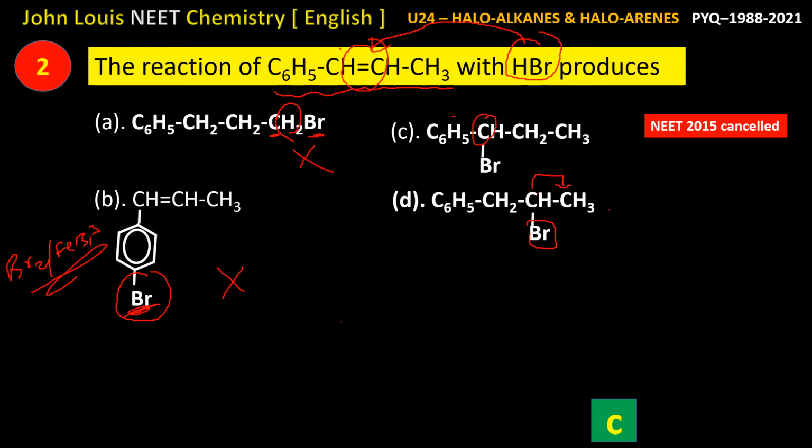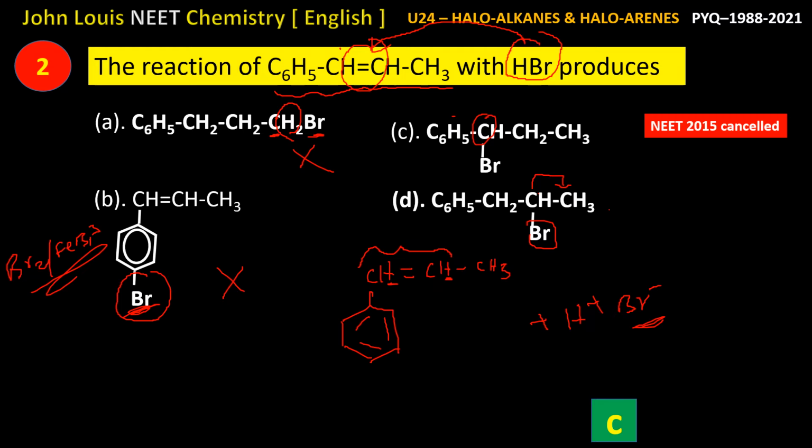So here let us take this compound. What is the compound given? This is C6H5, I have written it in the form of benzene, and then CH double bond CH CH3. So HBr will undergo addition reaction between these two carbons according to Markovnikov's rule. Here in the double bond, both the carbons have the same number of hydrogens. Therefore, the negative part of the addendum, that is bromine,